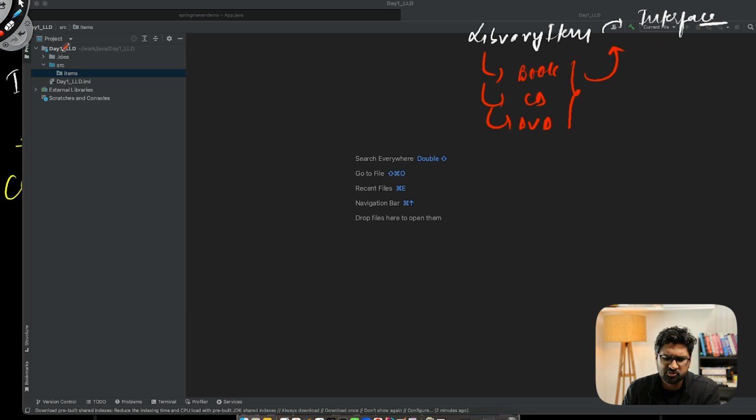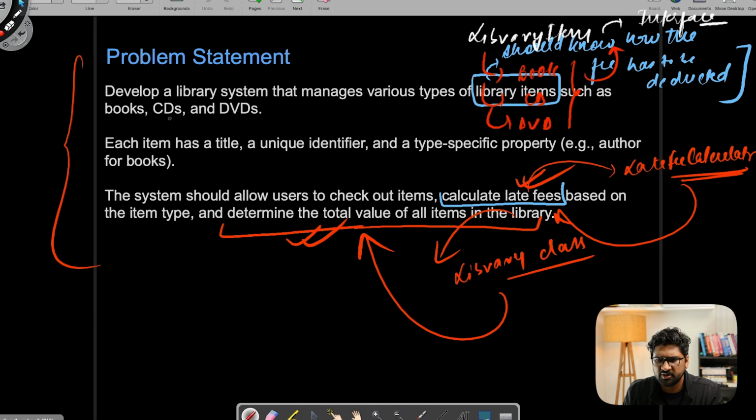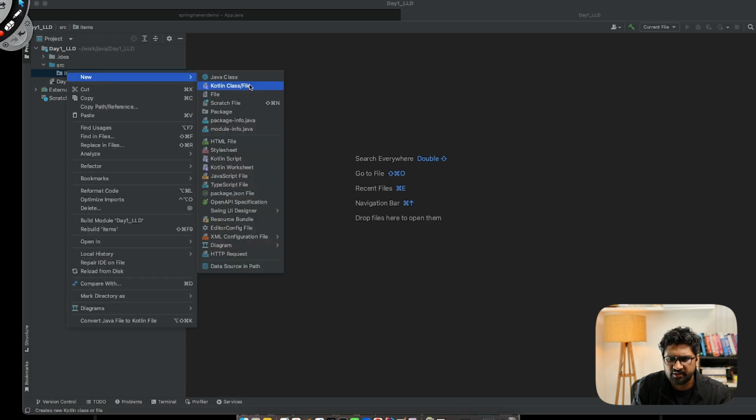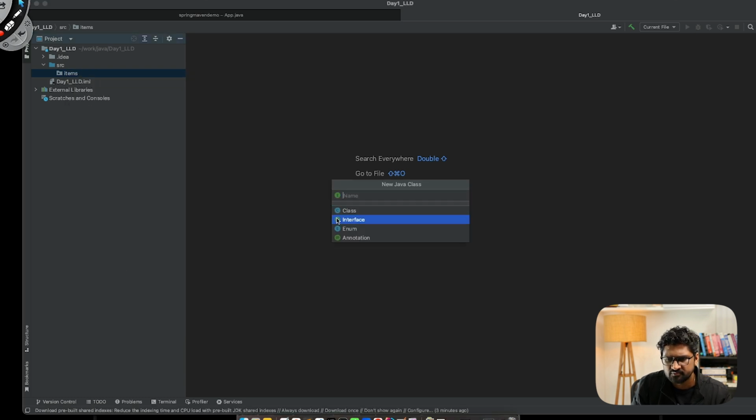Now if I go back to the problem statement, the library item should have the title, unique identifier, right? All these kinds of things it should have. So let me go and add that. If I come back here, let me delete this. Let me define an interface, and let me call that library